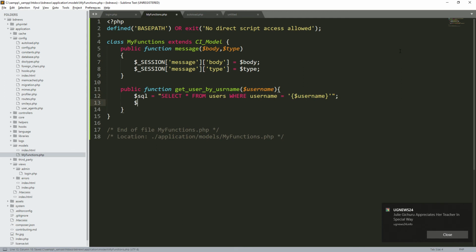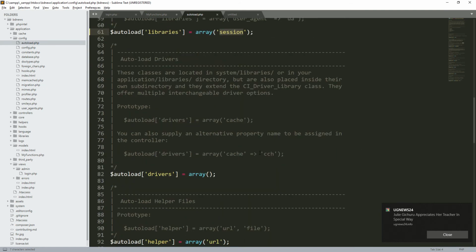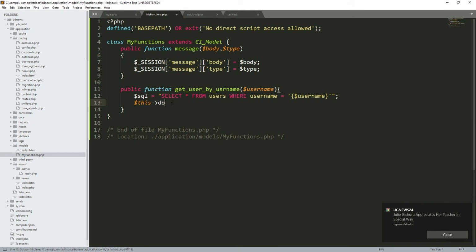Okay, then I run this SQL by using this DB. Have you autoloaded the database? No, so you have to autoload also the database library. So I'll come and copy this, just put it here. Okay, always remember these small things. So this DB query, right? And then I'll pass the SQL and point at